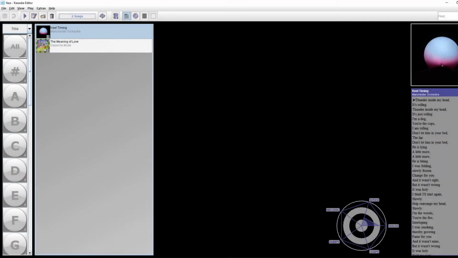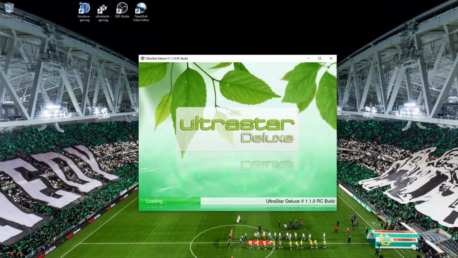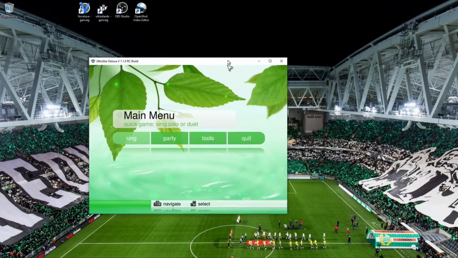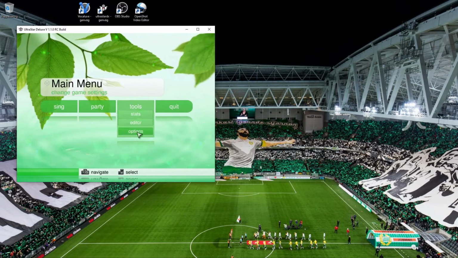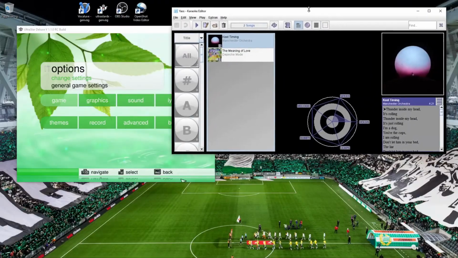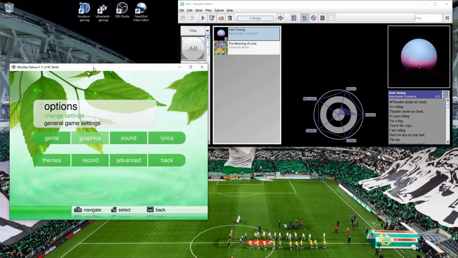But what if you don't have any note sheets or MIDI files at your disposal? How are you going to find those pitches you're looking for? Well, I'm now going to show you how I used to do it back in the day, and a method I'm still using sometimes when it's really tricky finding out what the pitches are. I just opened a very old version here of Ultrastar Deluxe,